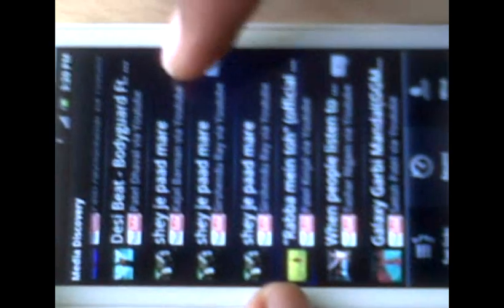Then we have an option for the timescape, whose size is increased, and the Facebook inside Xperia is also inside the timescape only. Then we have Facebook Media Discovery, where you can see all the videos shared by your friends in one folder only, all the YouTube videos. Then you can see comments and the like, dislike status in that video, below the video.